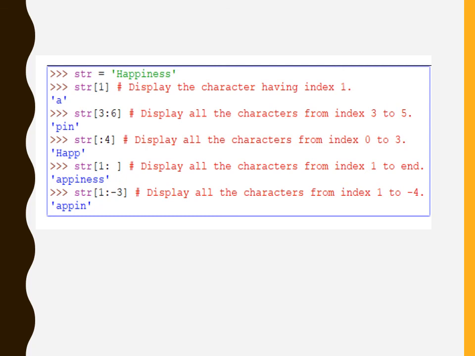In the next example, you can see it is starting from 1 till the end. And in the last example, the location from where it is going to start is 1 and the end location is -3. It displays all the characters from index 1 to -4.